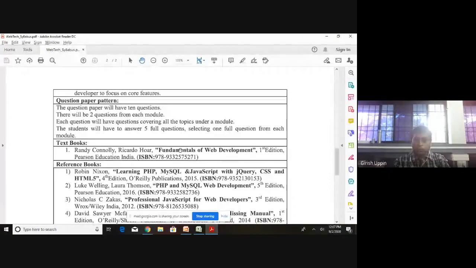Predominantly, from what I have seen so far, we can use this book, and there are also many online resources available. Web technology is now widely available online, and a lot of knowledge is out there on every particular thing, be it HTML, CSS, PHP, jQuery or XML. A lot of information is available, so you can make use of that.